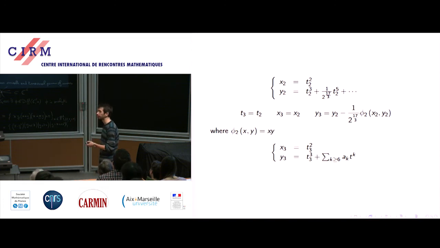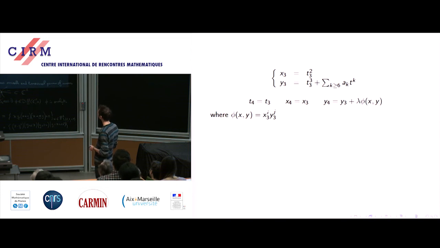So it's time to generalize a bit. If you make the same kind of change of coordinates, it doesn't change the parameter t, it doesn't change the x coordinate, and y is changed by a translation which is written this way, such that phi is the monomial term in x3 and y3. There is a misprint everywhere here, I hope you can understand what I'm doing. This is a fixed phi of x3 and y3, and here phi of xy is just x to the power i and y to the power j.